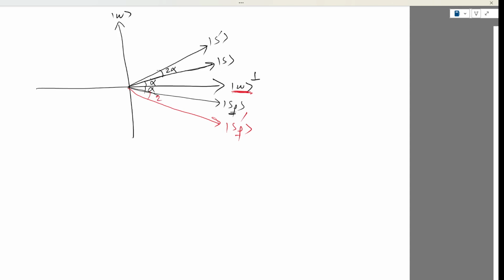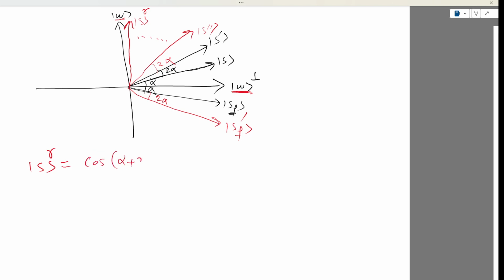And after the second application, it became S double prime, making angle 4 alpha with S, so an additional 2 alpha with respect to S prime, and so on. And after our iterations, our state has come here, maybe not exactly W, but close to W. And this SR state was